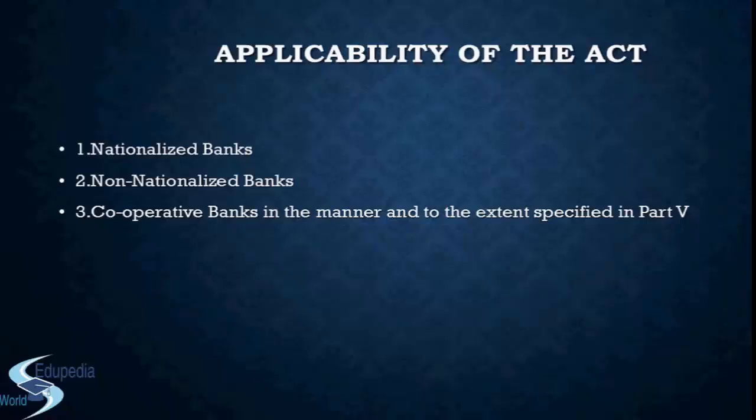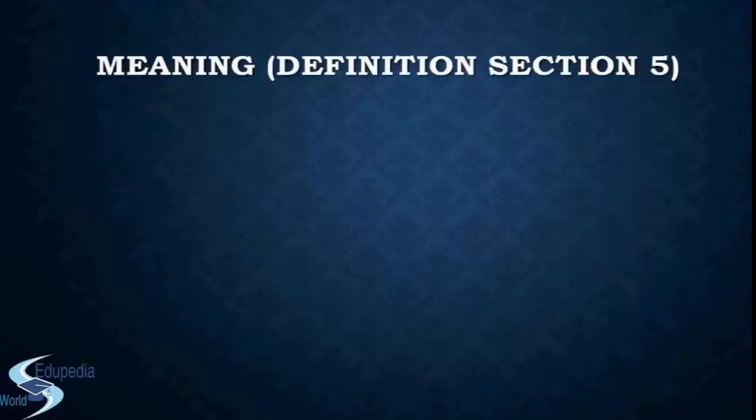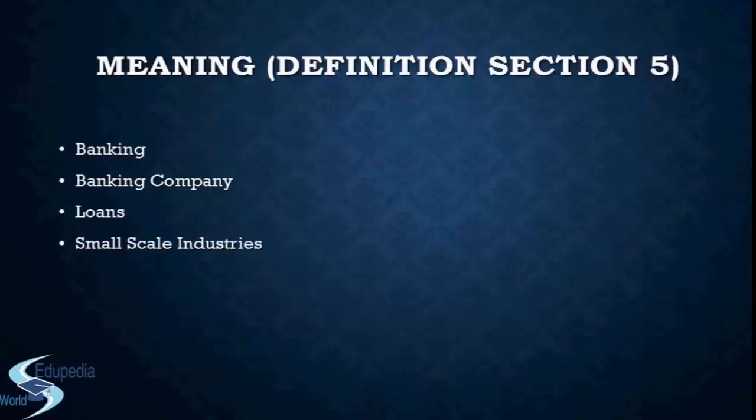So moving ahead, we'll try and understand the meanings of some basic terminologies that will help you to understand the Act. When we read the text and explain the terms ahead, you will get an idea about what we are talking about. Okay? There are some specific terminologies, like we'll be discussing what is banking, what is a banking company, what are loans, secured, unsecured, both. What are the parameters that will distinguish a small-scale industry from a large-scale industry? What do you mean by substantial interest in any firm or any company? Right? So these are basic things that you need to understand, because these are the terminologies that will be used widely in the chapter ahead.